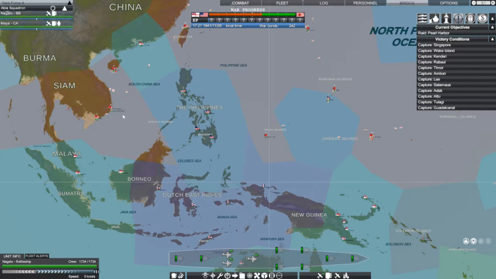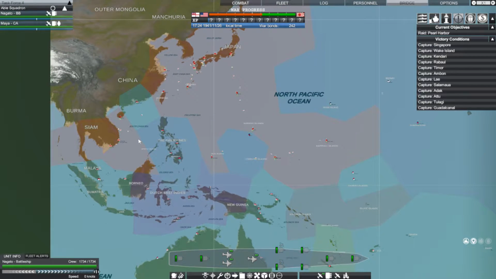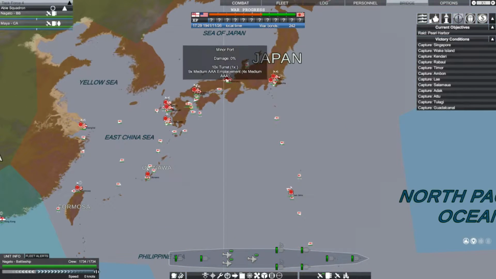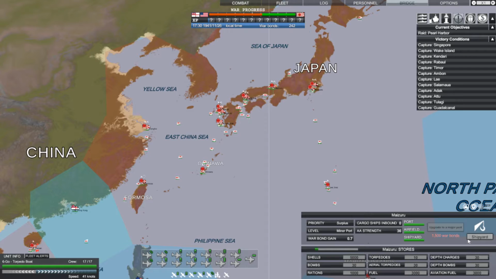I've tried to solve the problem that a lot of the time this is kind of irrelevant. Playing as America, it's almost definitely irrelevant, and you only come here to grab the Philippines to fill out your objectives if you don't want to use the nuke. Yeah. I will probably build the Yamato class battleships in small numbers when they become available,